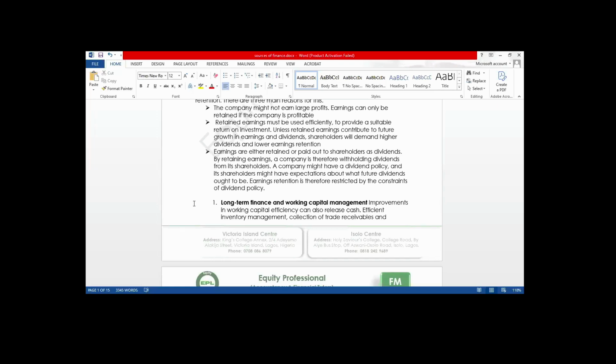Improvements in working capital efficiency. If there are improvements in working capital management, for example, efficient inventory management,